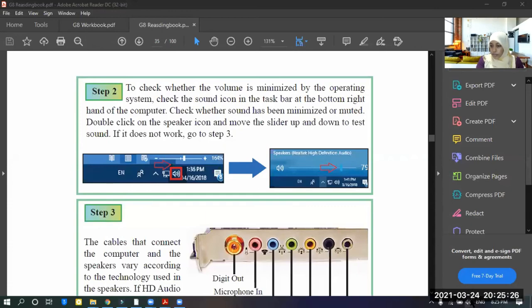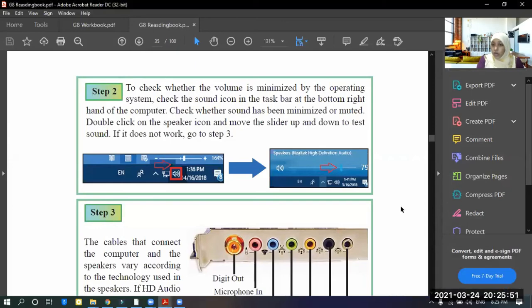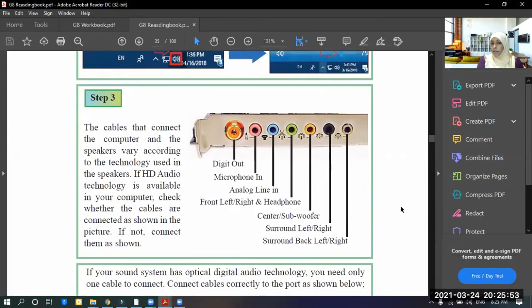Click on that, and something like this will appear. Here you can adjust the sound. You can increase and decrease it. If it is at 0, then increase the volume of your computer. Okay, you increased it. Still you can't hear a sound. Then go to the next step.